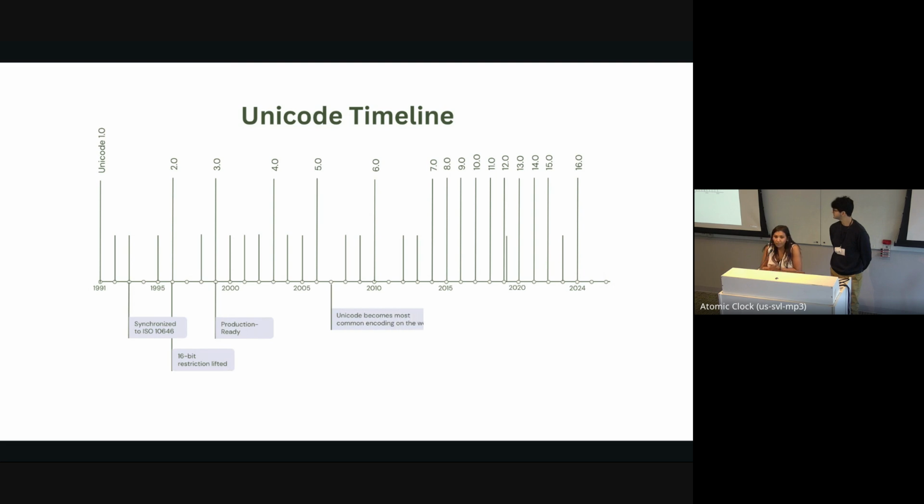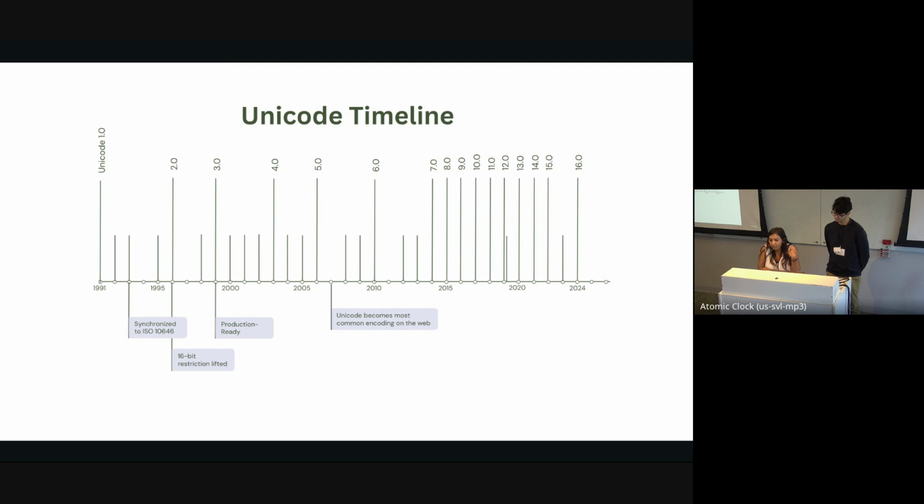The first release was in 1991, but it was in 1993 that the Unicode Standard and a contemporaneous standard called ISO 10646, an international character code, became synchronized, meaning that the two standards were essentially the same. They're synchronized to this day, but Unicode does contain some more data to help with implementation. Another big milestone was in 1996 with version 2, when the original 16-bit restriction that limited Unicode to about 65,000 characters was lifted, giving us much more code space to work with.